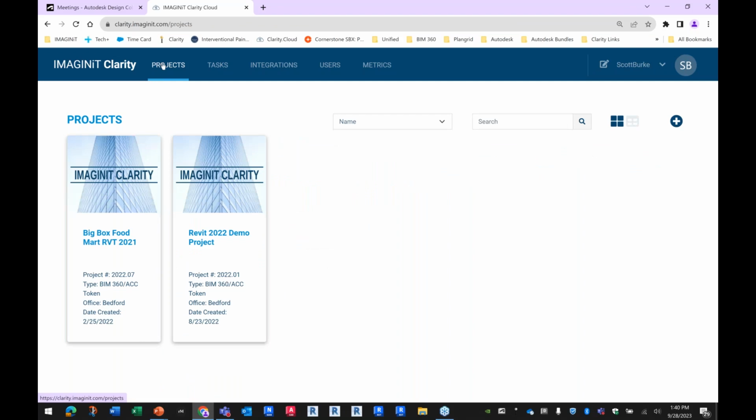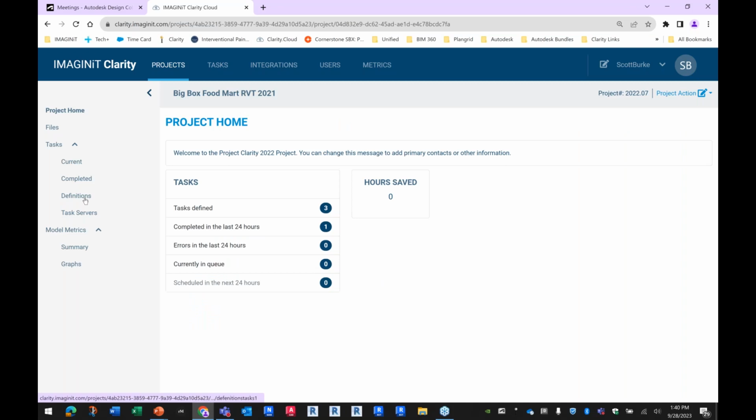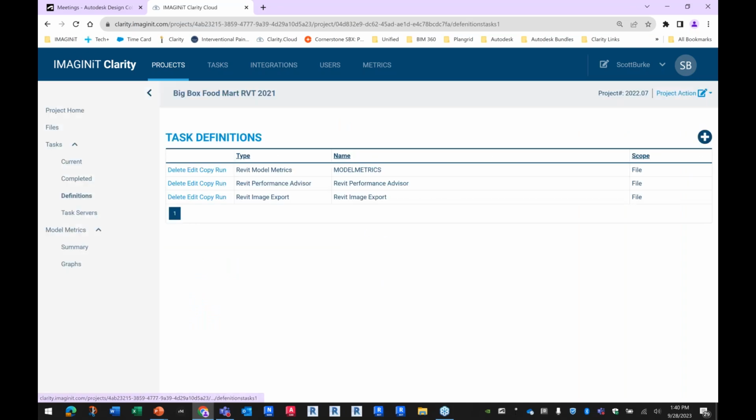Well, with the hybrid option, I have my local computer in my office that I'm using during the day, but at night I let Clarity use it. So from 7 p.m. to 7 a.m., Clarity has access to my computer. So I don't have to buy a new computer. I don't have to give it any licenses. And right here,